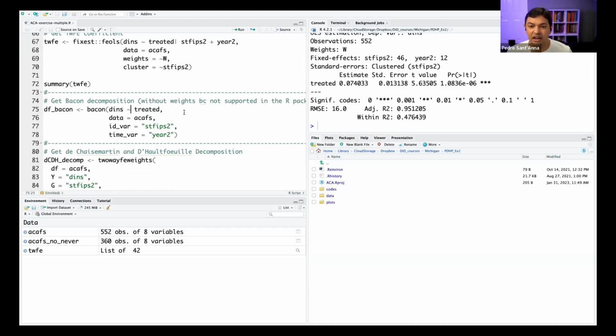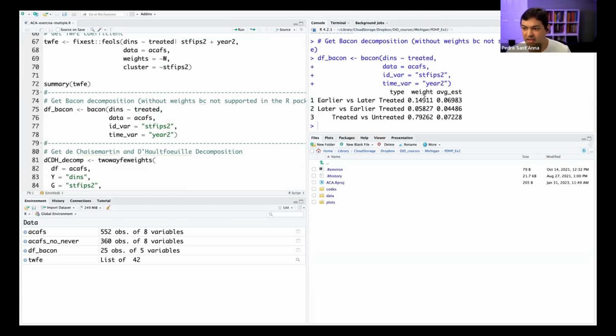In R, it doesn't allow for weights. So I'm going to do the Bacon decomposition without weights, and this is essentially the weights. This is the modification of the weights reported in the slides. They differ from the slides because in the slides I have weights. Here I do not have weights, so that's essentially the difference. So for the treated versus untreated, the coefficient is 0.07, with weights around 80%,